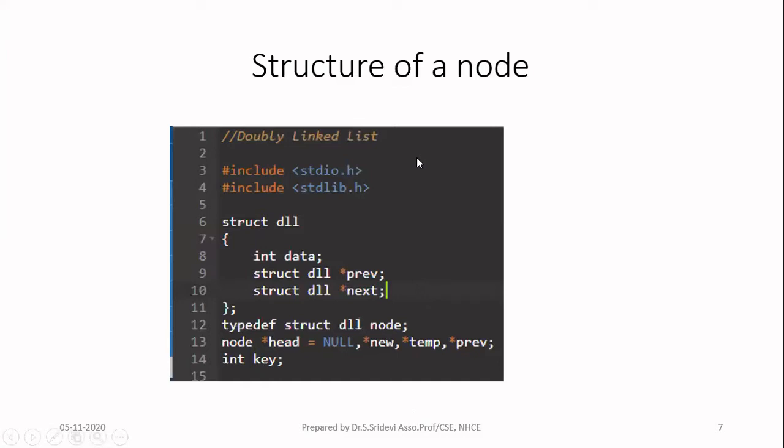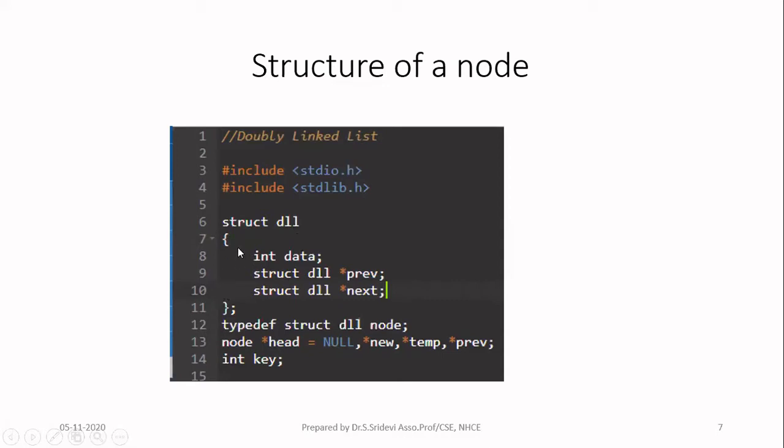We are going to now start with the program. First, we will see how to represent this doubly linked list in the memory. So we should understand what is the structure we are going to use for the doubly linked list. So in your program, first include your header files, stdio.h and then stdlib.h. The second file is for dynamic memory management, malloc and free. And coming to the doubly linked list structure, we are going to write the keyword struct followed by the name of the structure. It is a doubly linked list.